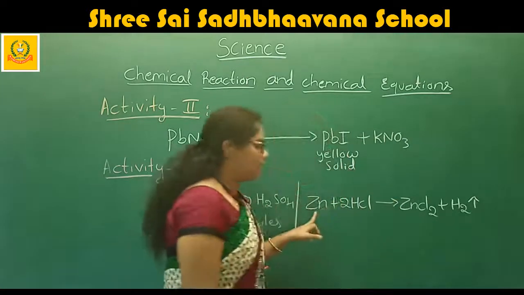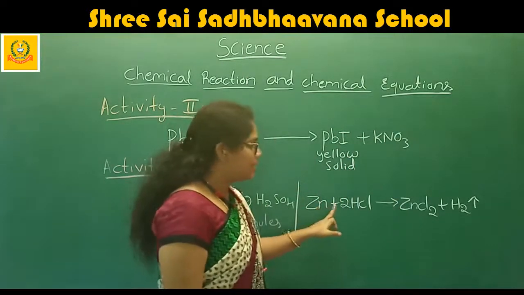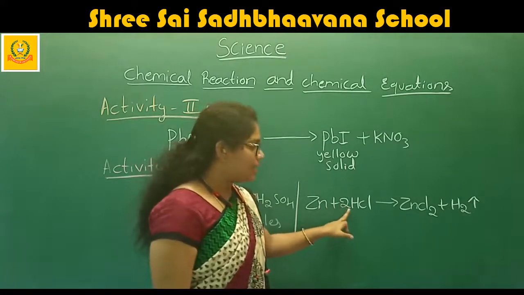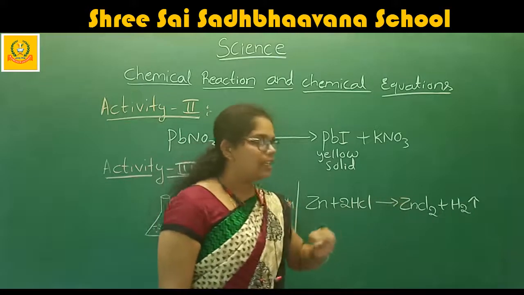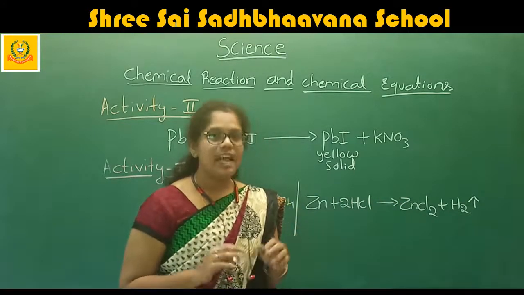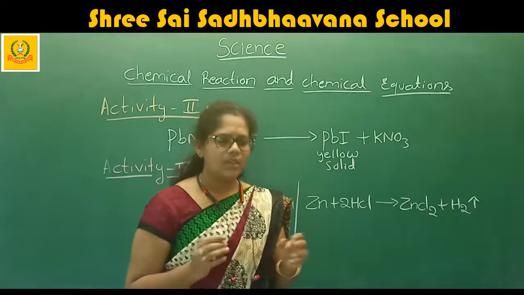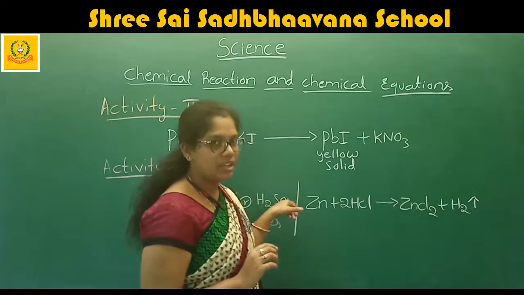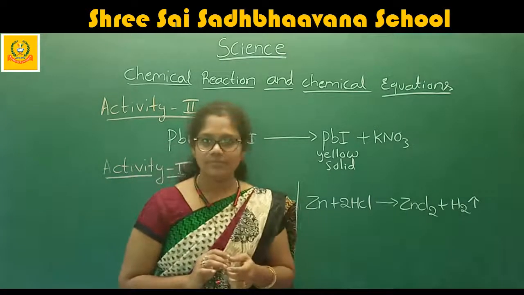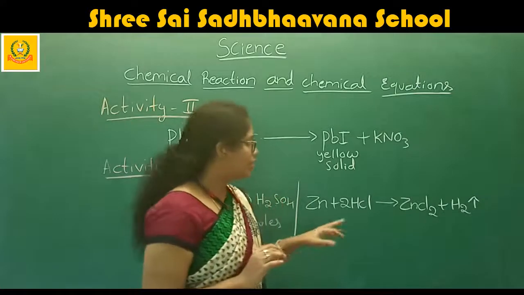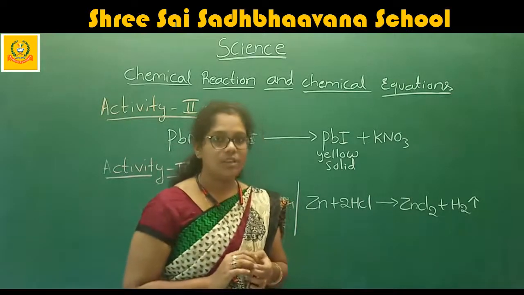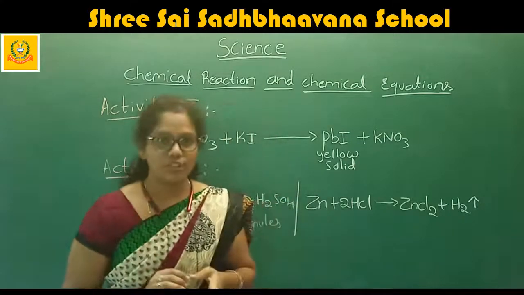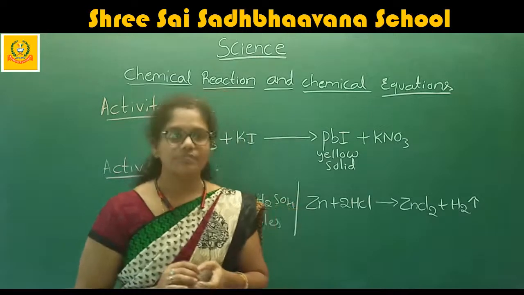What is the reaction? I am going to tell it one more time. When zinc is reacted with HCl, hydrochloric acid, it forms ZnCl2, zinc chloride, plus hydrogen gas is evolved. You can write the next reaction, where it reacts with sulfuric acid also. Can you write the reaction for this one? When zinc is reacted with sulfuric acid, what products will you get? Can you write the reaction further?